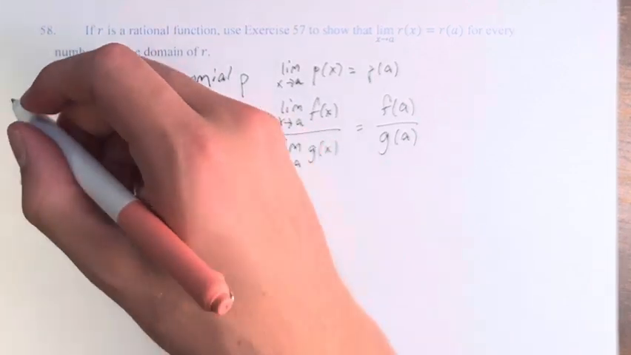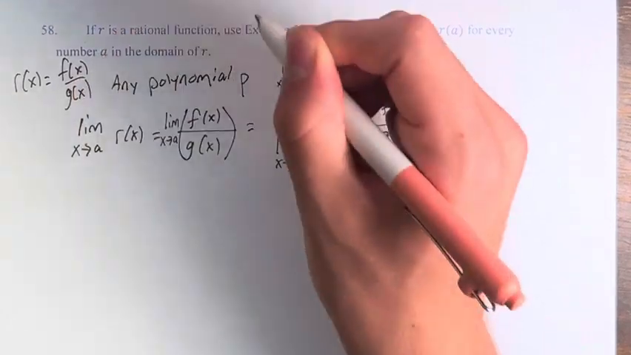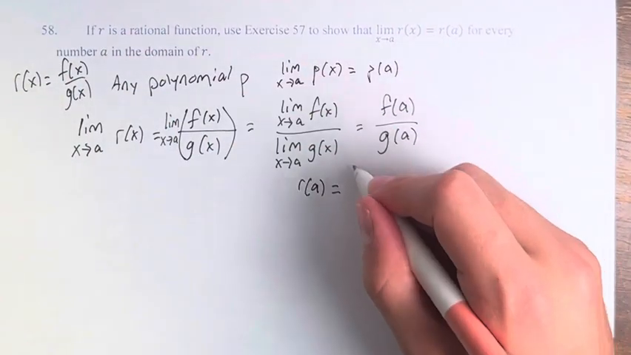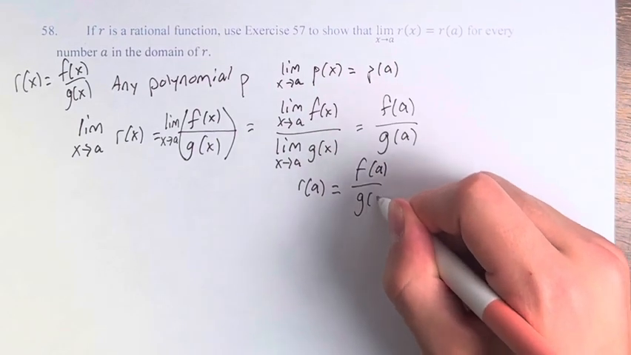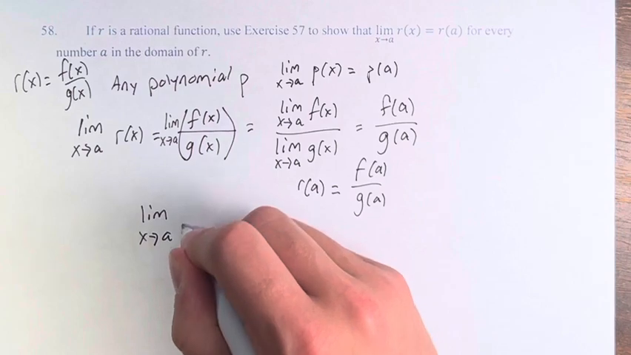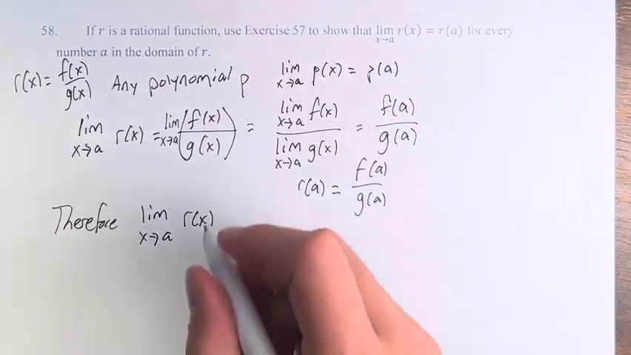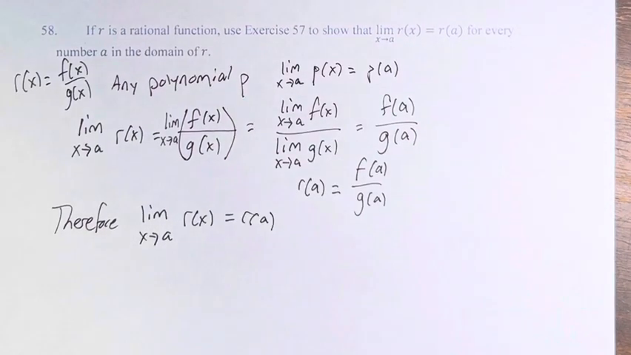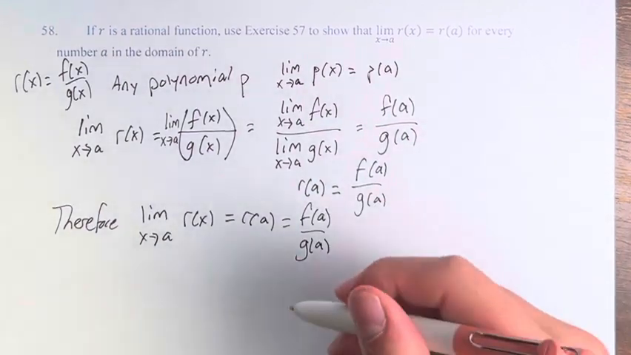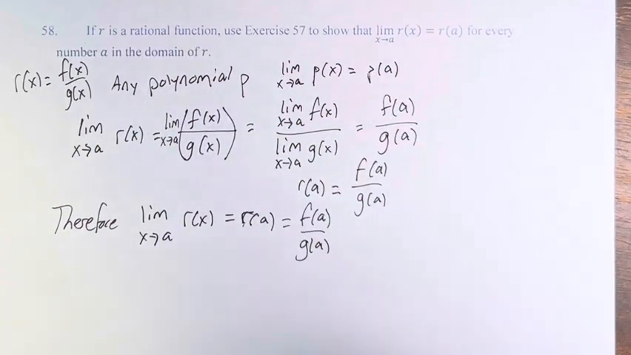And r of a, right, so if r of x equals f of x over g of x, r of a equals, plugging in a here, f of a over g of a. Therefore, the limit as x approaches a of r of x, therefore this limit equals r of a, because they both equal f of a over g of a. And again, just arbitrary f and g, but for those arbitrary f and g, which means for any rational function,